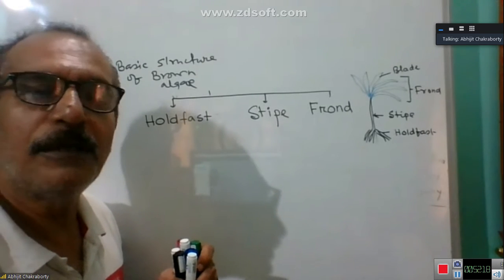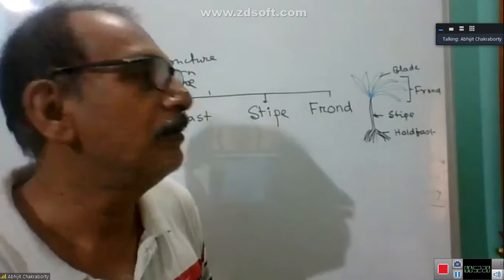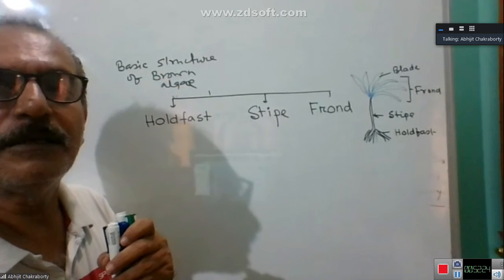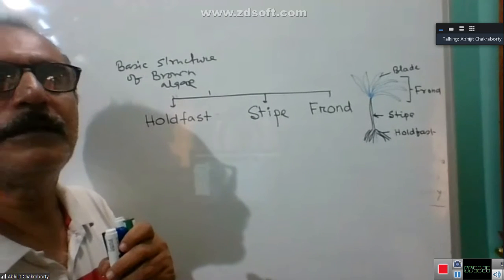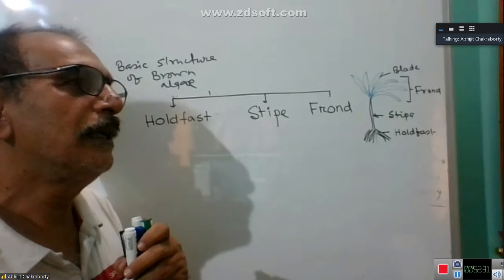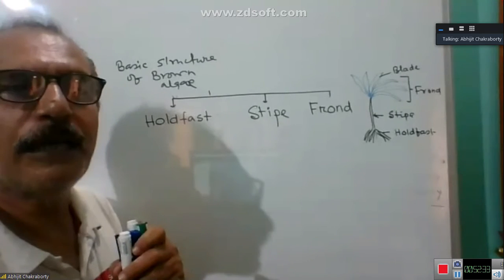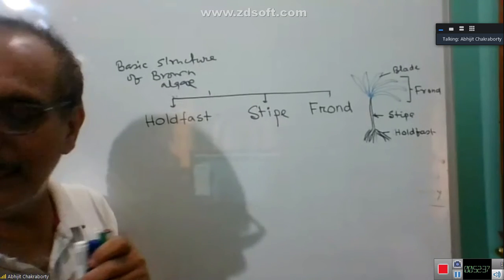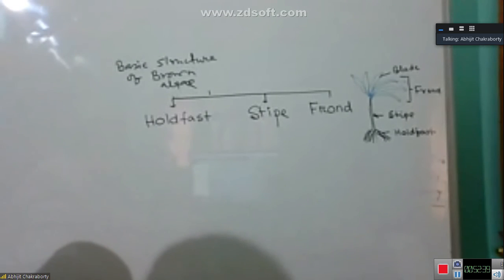Flagella are only found in gametes. Whenever gametes are formed during sexual reproduction, you will get flagella, and in these gametes the flagella are found to be